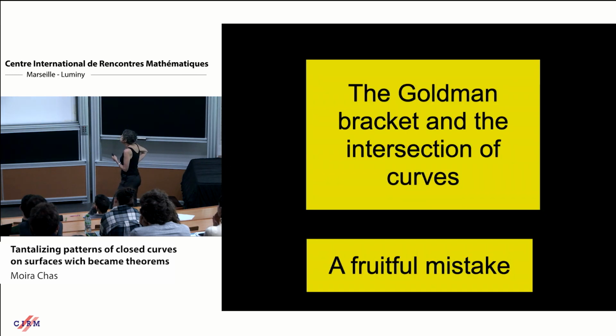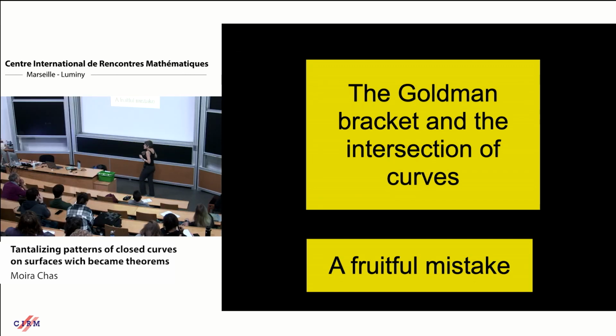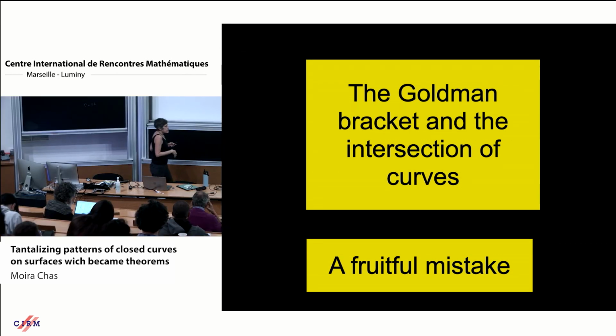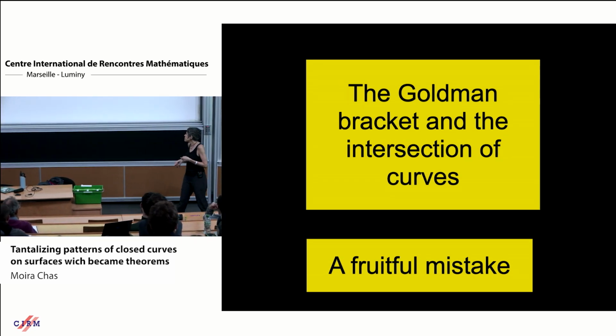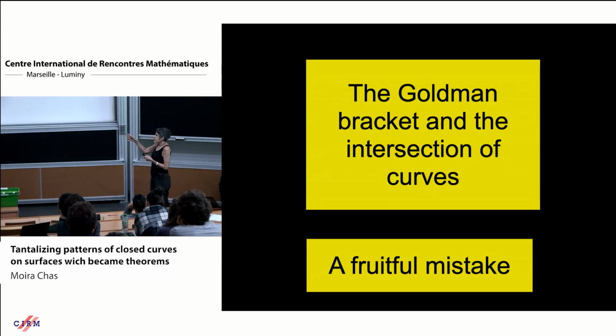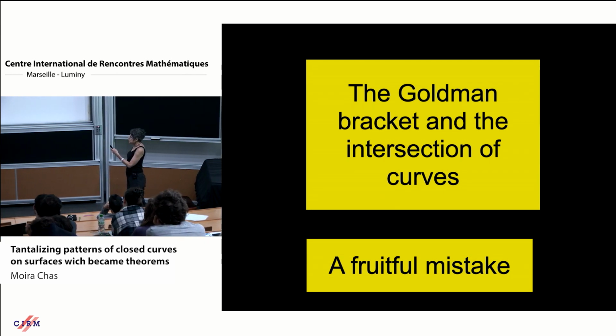So that was it, not equality. But when there's equality, that is the question I'm interested in. Now here is a mistake that appeared in this. I should have said it. I wrote, hopefully, that this bracket is due to Bill Goldman, who was studying representations of the fundamental group of a surface into Lie groups, and he found the preimage of the Lie algebras that you have in these Lie groups. Anyway,